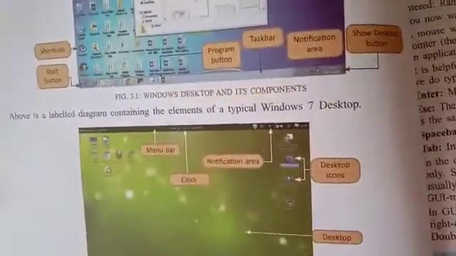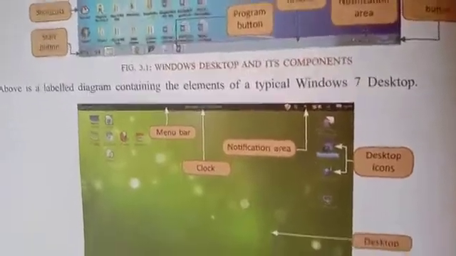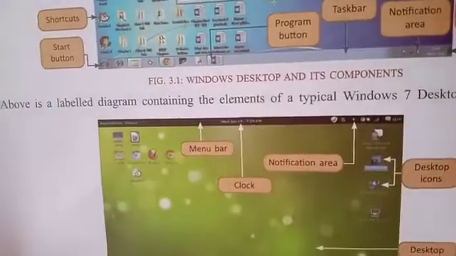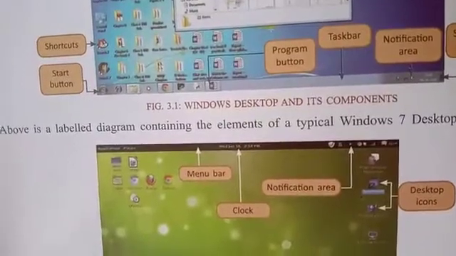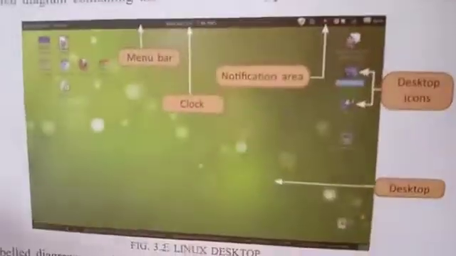Now on the upper side the time is coming, children, Wednesday Jan 19, or maybe Jan 18, 7:54 PM. That is called the clock, where date and time are coming. Next one is the notification area.